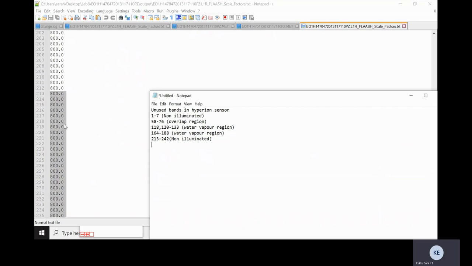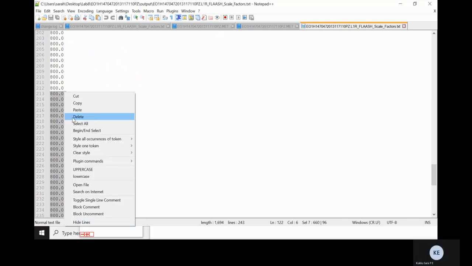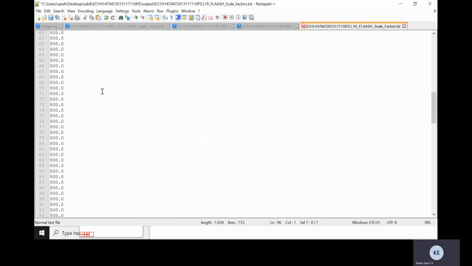Now we will just delete all these values. Just remove the in-between ones.